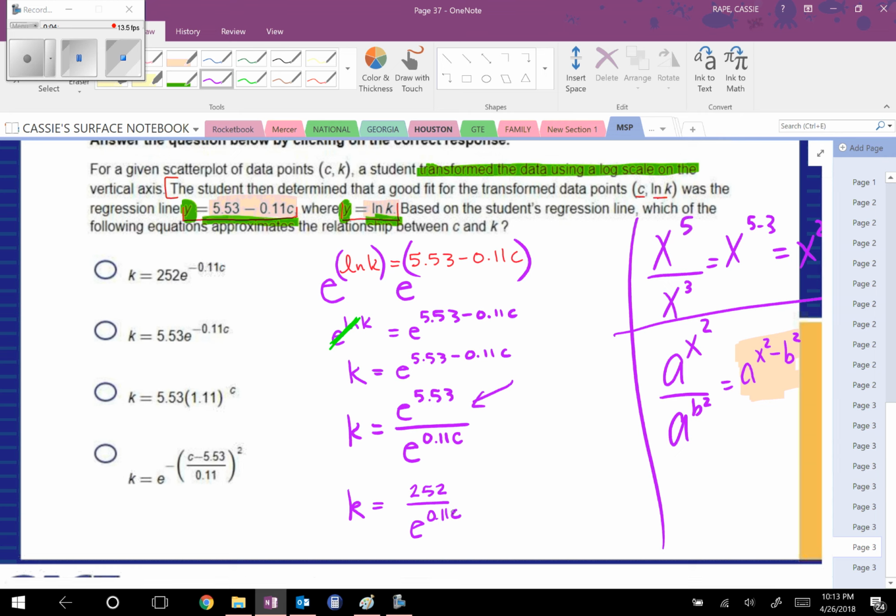Whenever you have a value in the denominator, if you want to move it to the numerator, you can actually rewrite it as 252 times e to the negative 0.11 c, because a negative in the exponent's place just means that it has translated to, if it was originally in the denominator, as in this case, it's in the numerator, and vice versa. So k is equal to 252 e to the negative 0.11c. That answer is